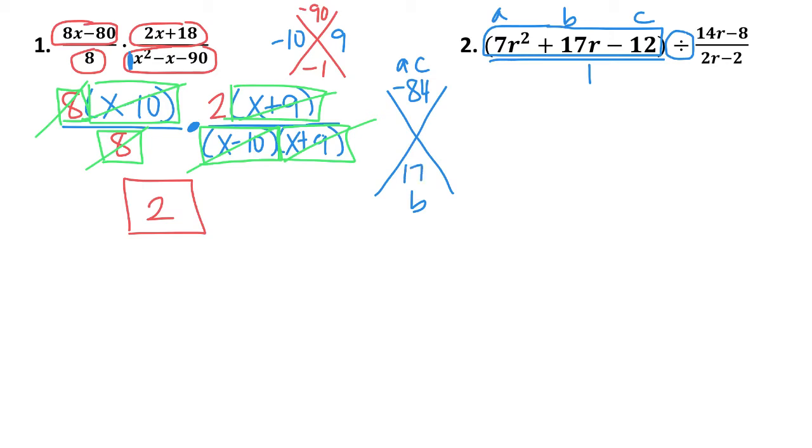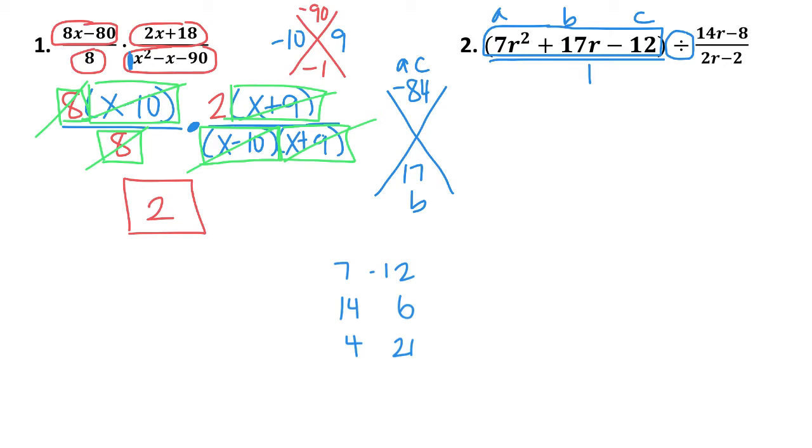So now I'm trying to think of two numbers that multiply to get negative 84 and add to get 17. I just did 7 times 12, but there's no way to combine those to get 17. So I'm just going to go through a list of different things that multiply together to get 84. 14 times 6, there's no way to combine those to get 17. How about